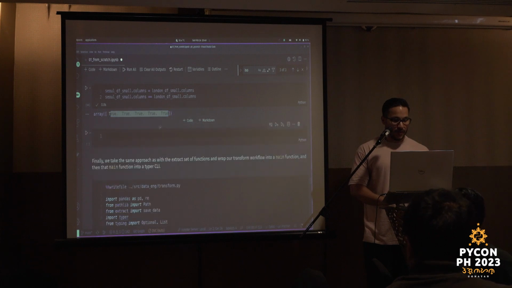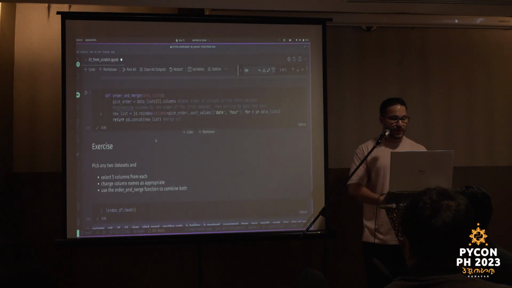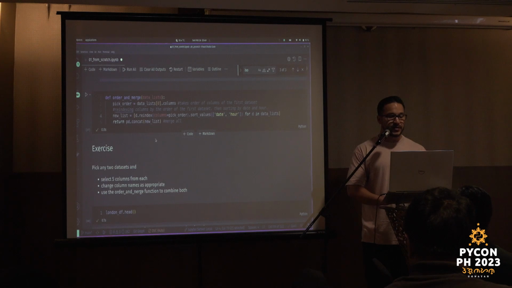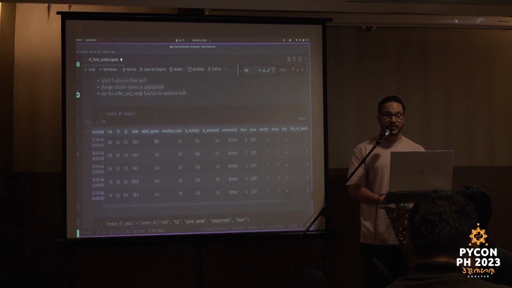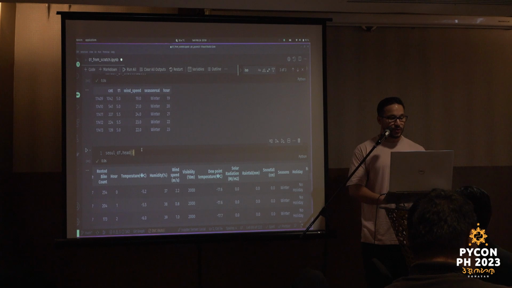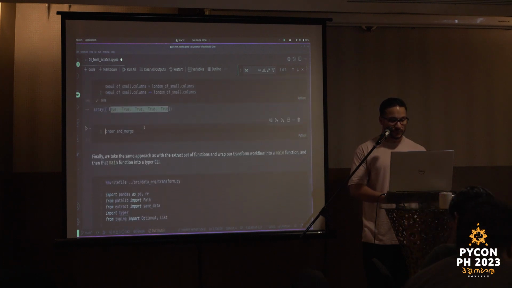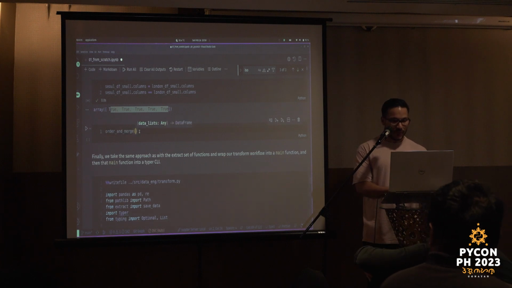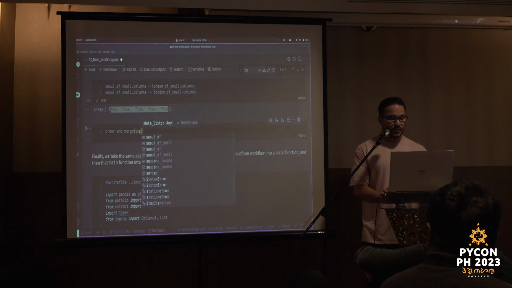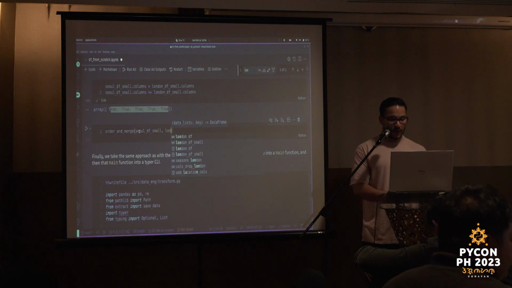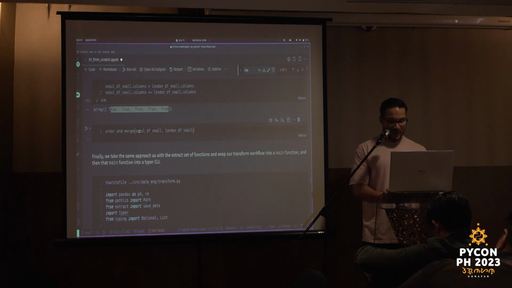So order and merge. Let me see if I ran that function earlier. Yes, I did. Order and merge. I need two data sets, a list of data sets. So I am going to use those two data sets. So Seoul DF small and London DF small. Oops, DF small. And then if I check the output of my function,